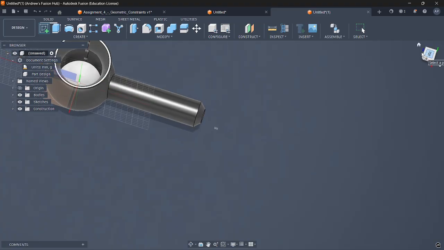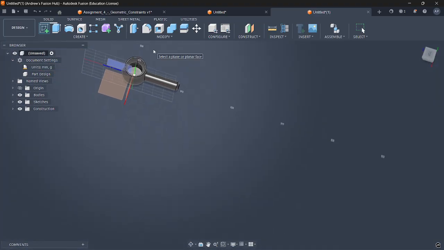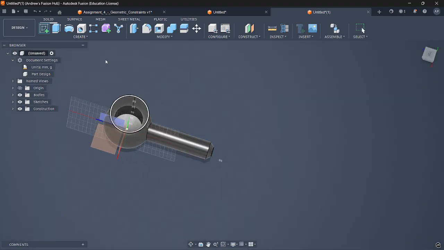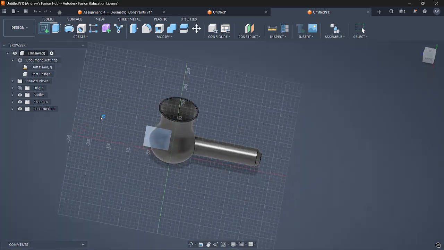Another reason why I like basing things off the origin is that you like to cut things in half a lot, or you like to have planes in the middle of things. So if you create all of these sketches based off the origin, it typically makes it easier, right? Like if I made the body of this all the way over here, I'd be spending a lot of time making a bunch of extra planes that I didn't really need to make. So I'm going to select this one here,